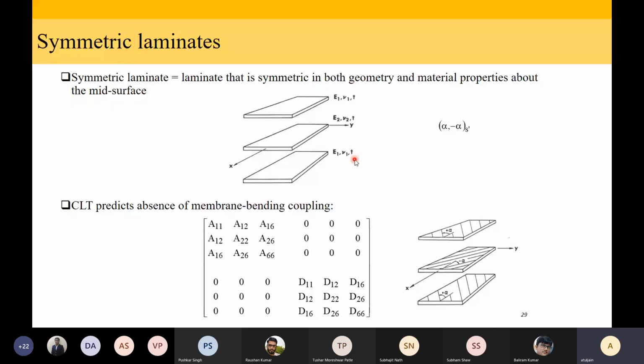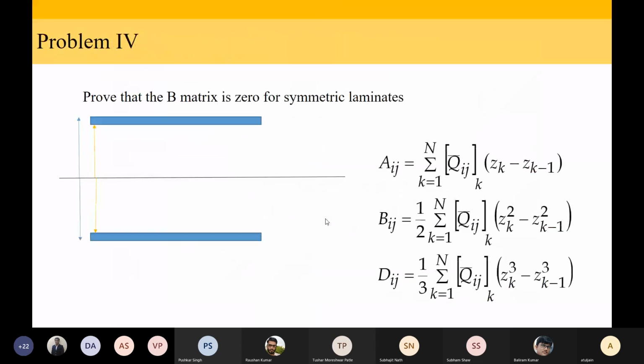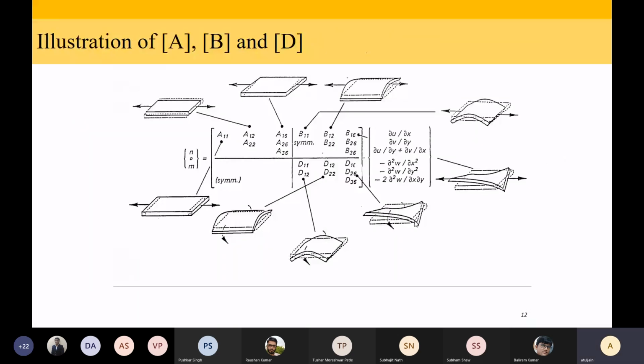A symmetric laminate predicts the absence of membrane bending coupling, meaning that the normal traction has contribution only from the normal strains. There is no contribution of curvature to the normal strains. If you remember a few slides back, we had discussed this slide.